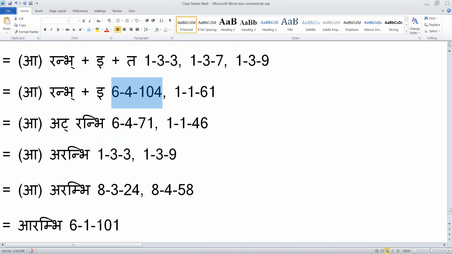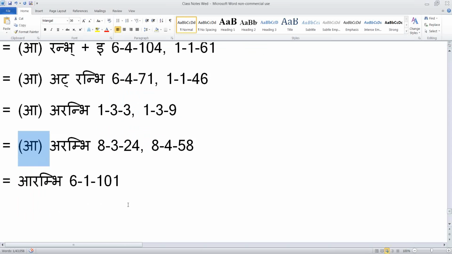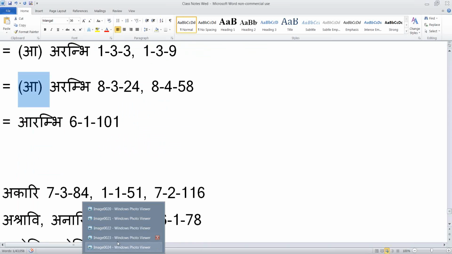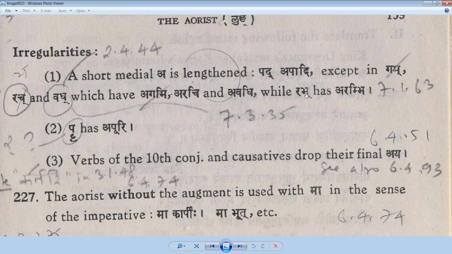chin is Ajadi. When we take out the ith letters, Anubandha Lope, it is not Shap or Lit, so Rabbi takes the Num Agamaha. We get Arambhi. Arambhi, and then it is mostly used with the Upasarga Ang, so it becomes Arambhi. Okay, now that's what we have in the book over here, which is this form. He says Rabba has Arambhi, and if you add the Upasarga A, which is mostly used with this dhatu, we